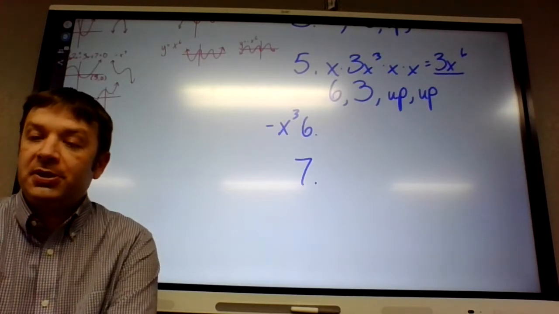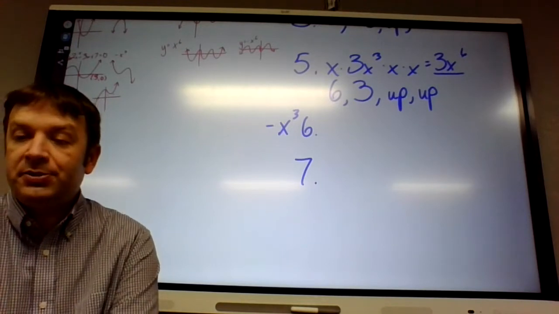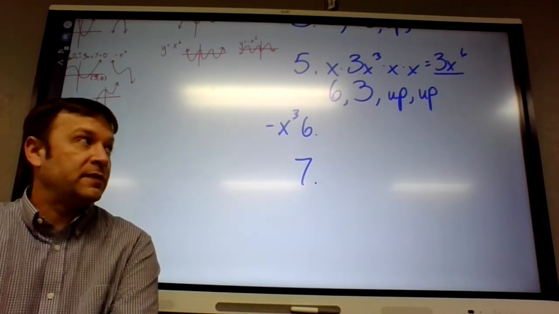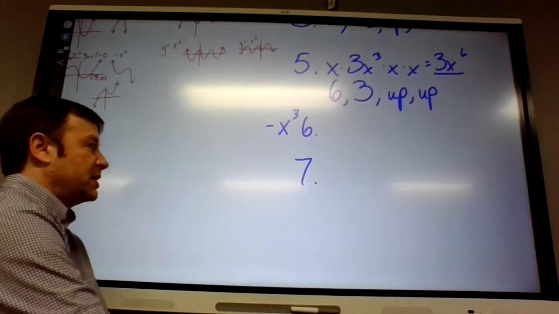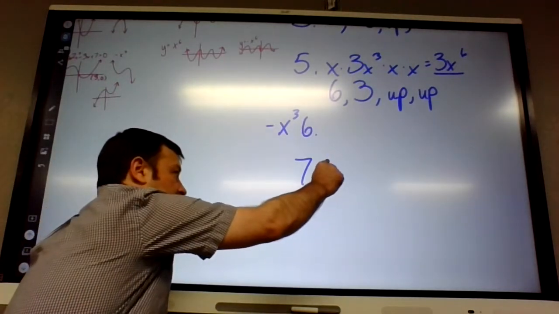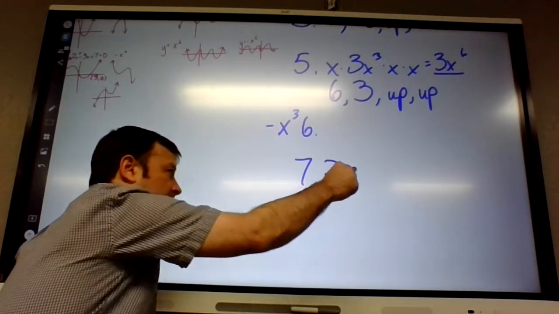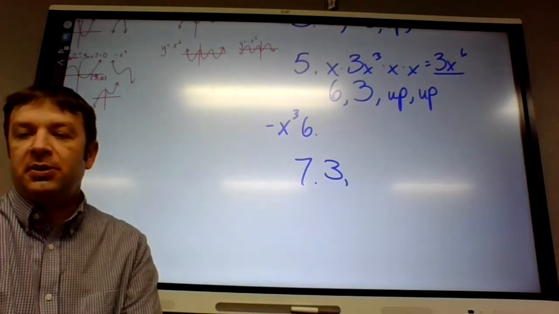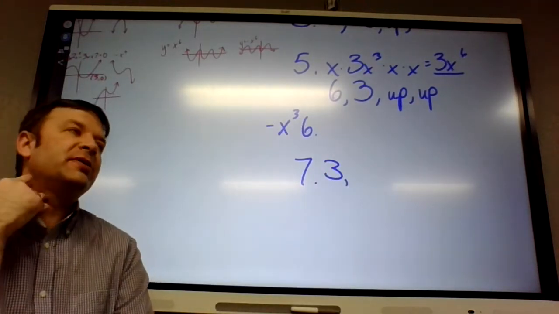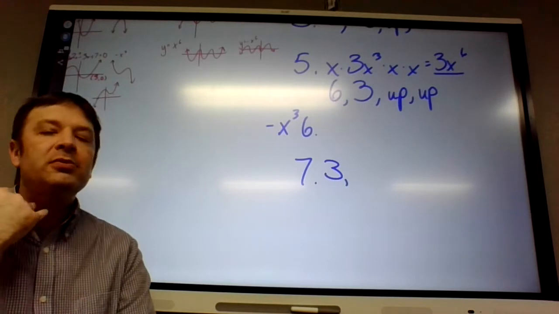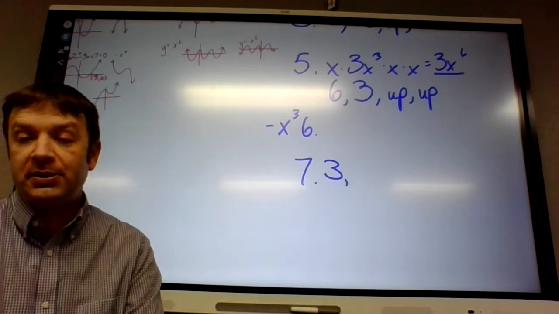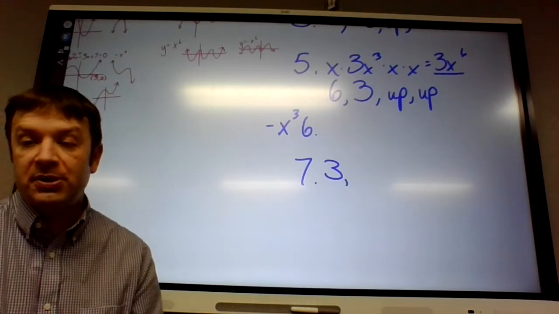So the first question on number 7, how many real zeros does the function have? 3, because it crosses the x-axis 3 times. So that implies it could have more roots, but they would be imaginary. But there are 3 real roots. Okay,